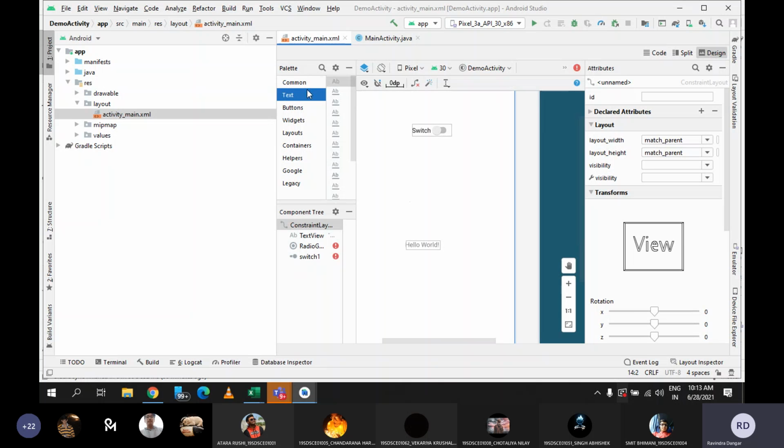Similarly, if you click on text, for text also you can see there are various options. Text view is there, plain text, password. So nowadays these are the facilities which we are getting. Earlier in our time, when we were designing the login activity, we were having only one text view which is plain text. So in that, if I wanted to enter a password, accordingly I needed to set the properties. For password, I had to print stars or dots, so accordingly I needed to set the properties.